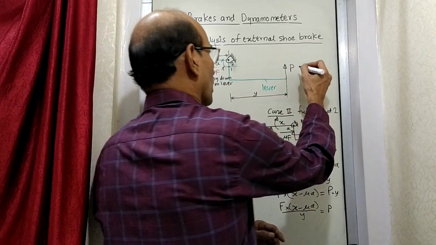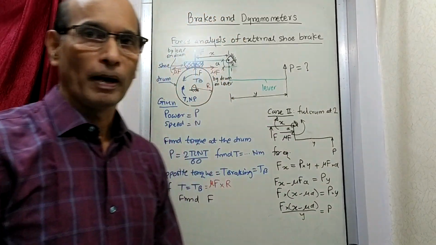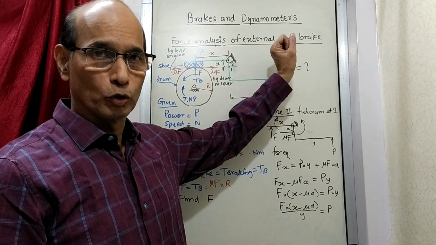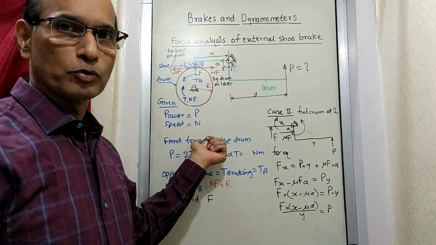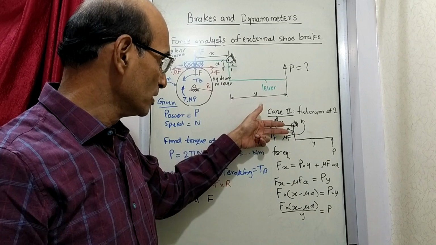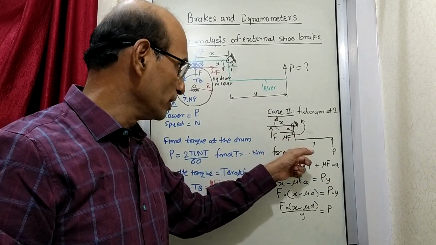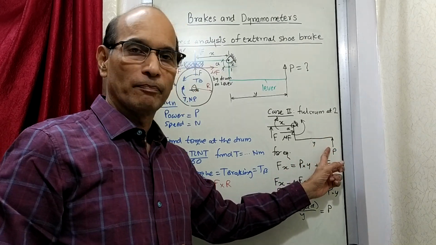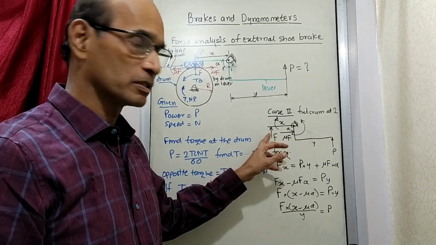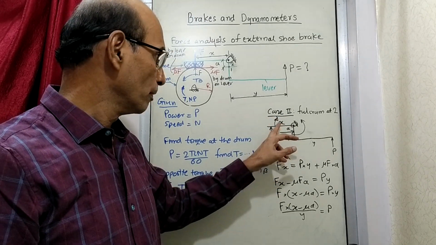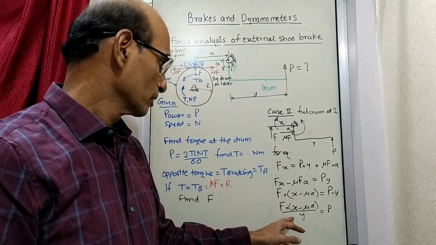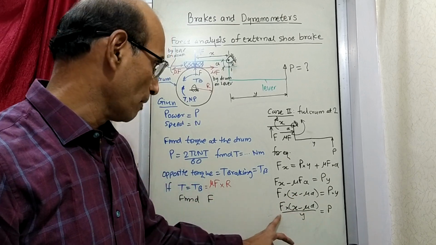So the whole exercise is to find out how much effort you require in a given condition, how much effort you have to apply by hand so that this particular power will be absorbed. So for this case 2, this mu F also is acting on the lever at a distance A. So that is also causing certain moment. This moment is added to the moment which you are applying by hand, and this is opposed by the reaction from the drum, a moment in the opposite direction. So that equation we have written for the equilibrium of the lever, and then we got the conclusion of how much effort you have to apply by hand.